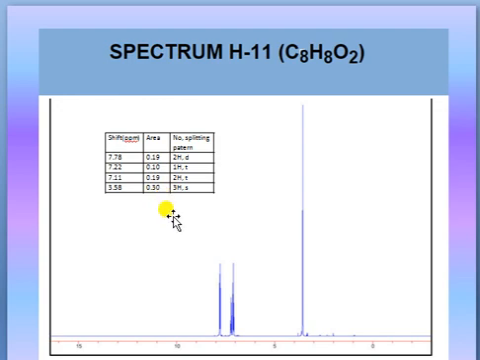Now see the signal where it came. This one is a singlet. You can see the 3H singlet, and the value is 3.58. 3.58 means definitely it is attached to some electronegative group. What is the electronegative group here? The electronegative group is oxygen here. So we can say this 3H singlet is attached to one oxygen, that is OCH3.